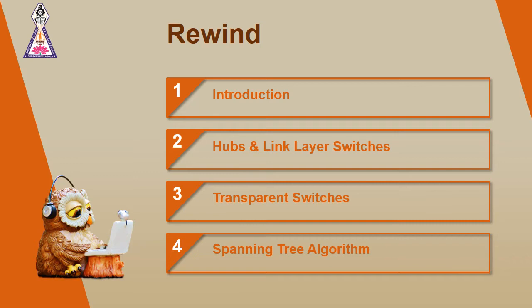Now that we are familiar with the connecting devices from the physical layer as well as the data link layer, we look into the next connecting device, which is called routers. As we have briefed, a router is a three-layer switch. We will not deal much with the ins and outs of router operation in this particular module, since we will be discussing the network layer exclusively in the coming video lectures. We'll brief how exactly routers are different from the hubs and the link layer switches.